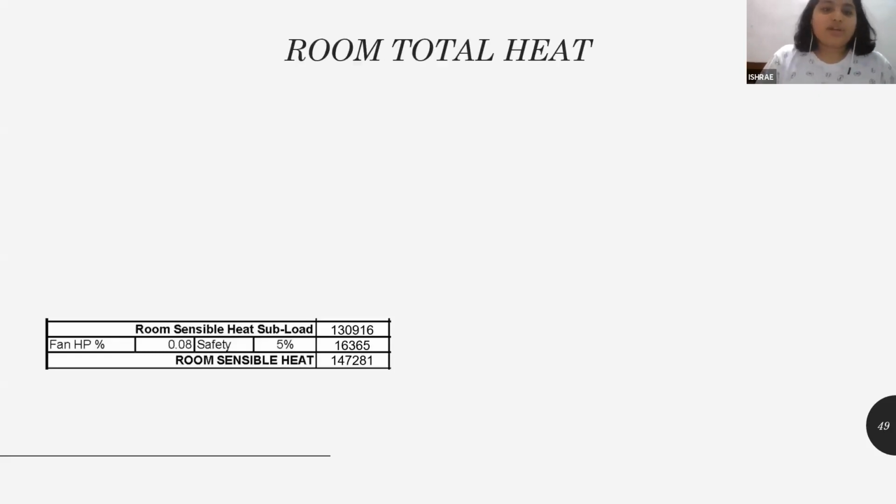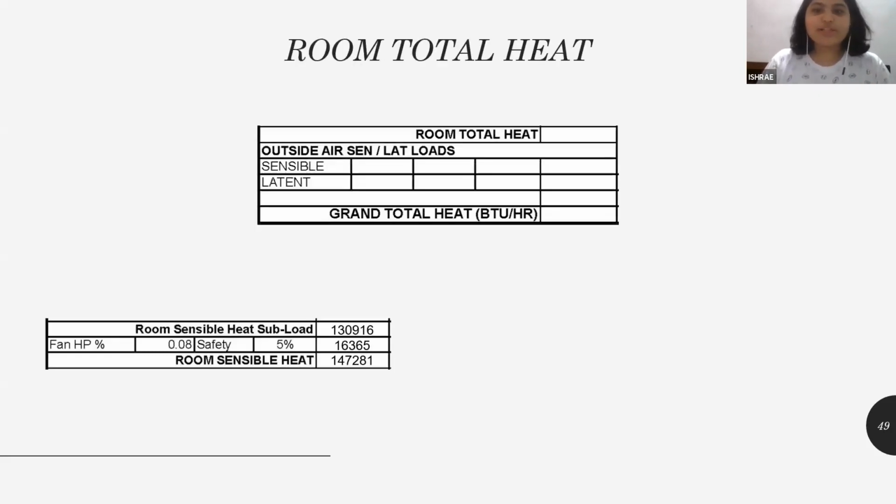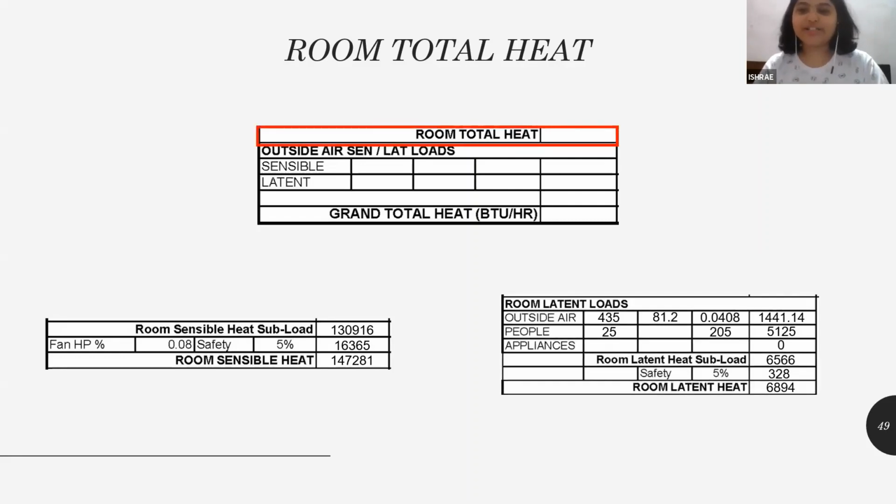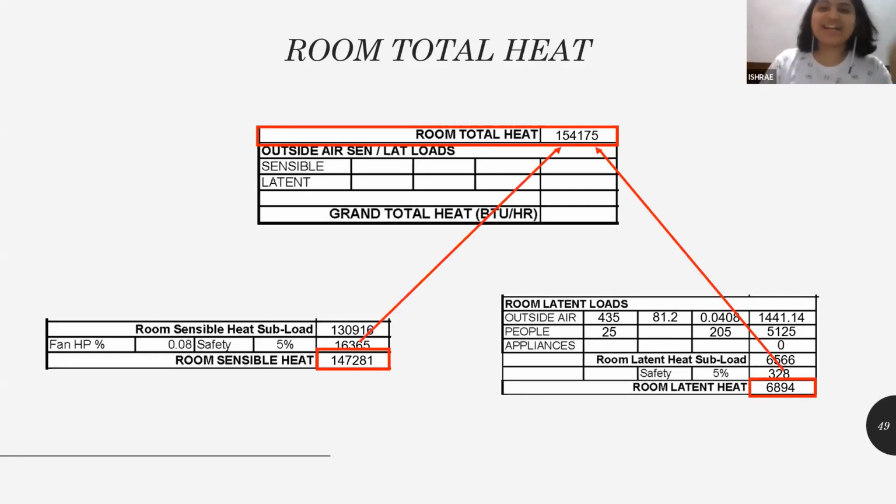Then taking this room sensible heat load and the room latent heat load, I will get my total room heat load. So I'm going to add room sensible heat plus room latent heat and I'll get my room total heat. Now that we are done with the room total heat,